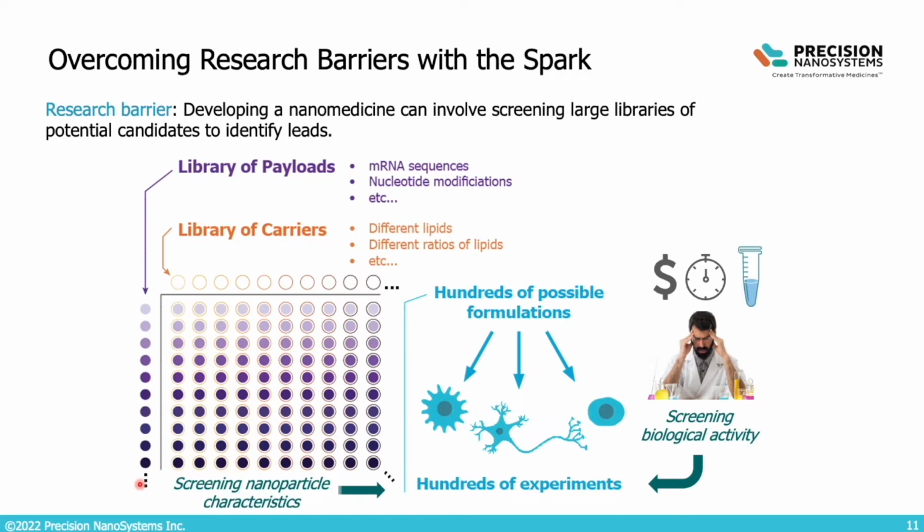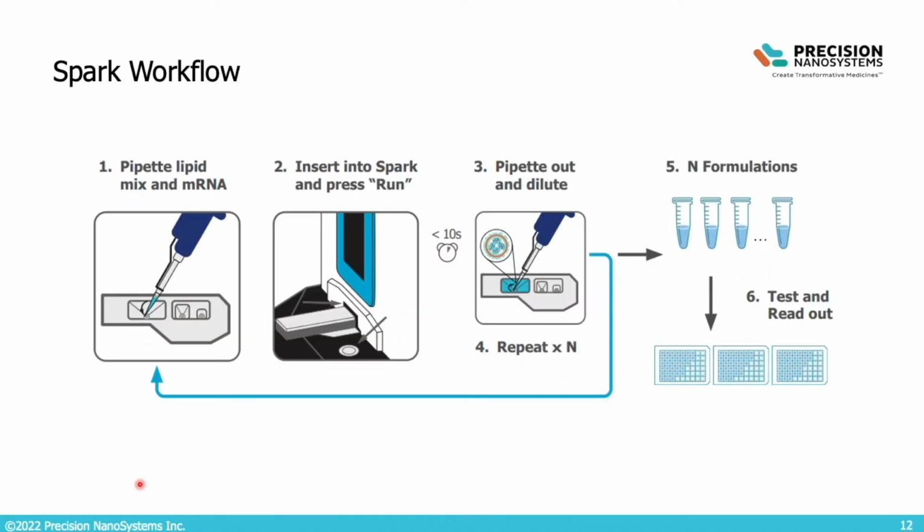On this end, formulating lipid nanoparticles on the Spark is as simple as pipetting. Here you would fill in the cartridge with the input solutions, put on the cap, insert the cartridge into the instrument, and hit the start button. The mixing process takes less than 10 seconds, at which point the nanoparticles are in the output well and are